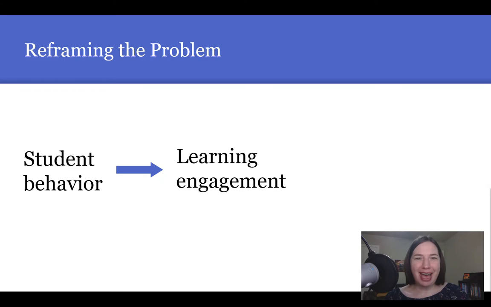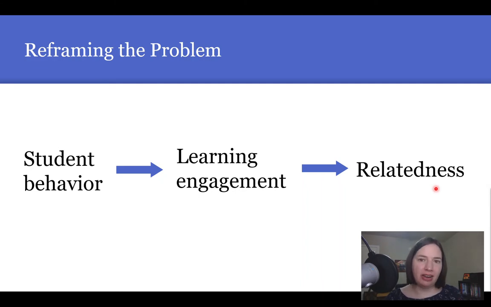And then COVID happened and everyone was physically separated. And it turned to, oh, you know what? I think everyone doesn't feel related to each other. We're not connecting to what a content area is or to each other. So instead of student behavior, why don't we focus on relatedness? How people and subject matters and such connect. And if we can build relatedness, that might actually affect student behavior. But we're now saying that the problem and solution are focusing on relatedness instead of on behavior.